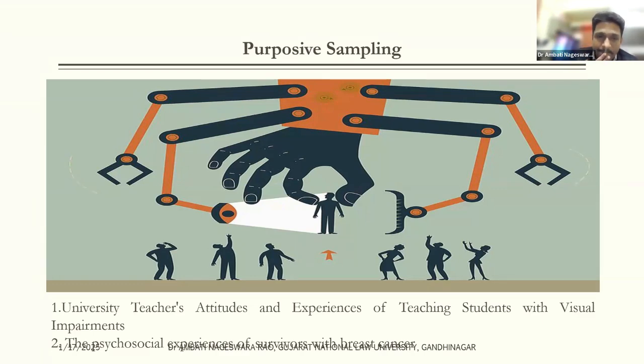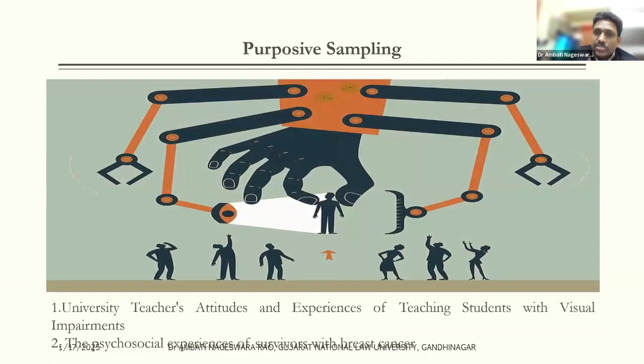So in that case, we are going to use purposive sampling as one of the important techniques, because here you're using inclusion and exclusion criteria. If you go back to our phenomenological study, the researcher wanted to collect data from parents who have children with autism. At the same time, these are parents who are trying to get intervention services, special education services.